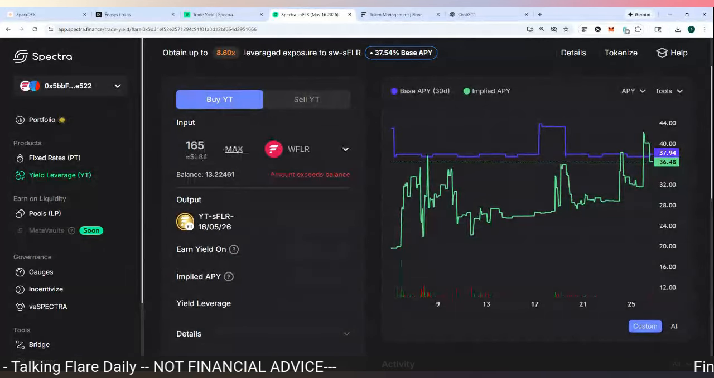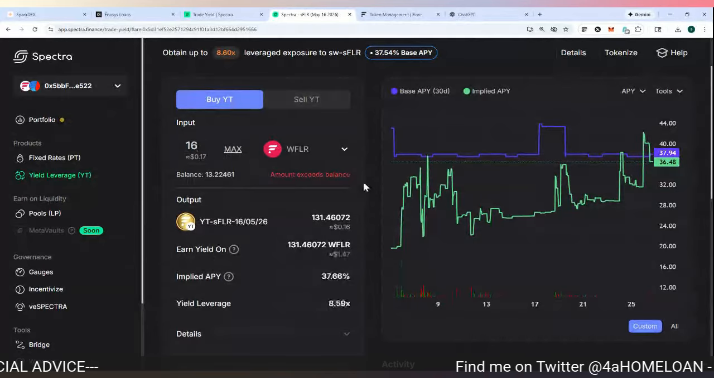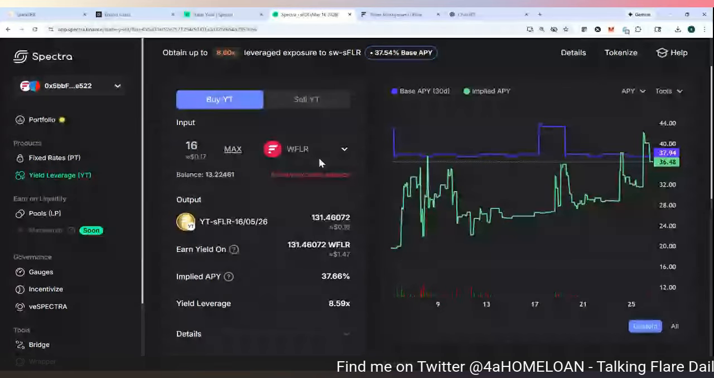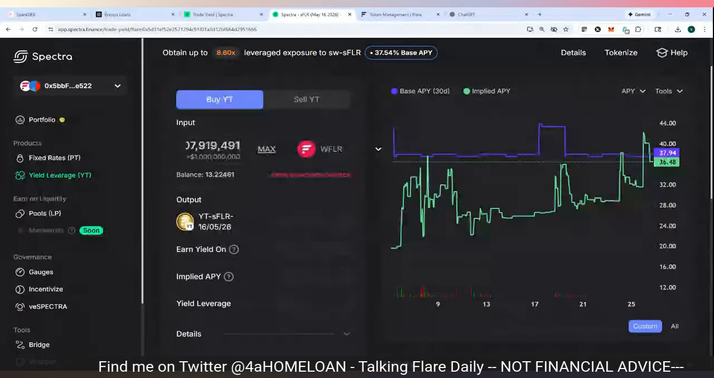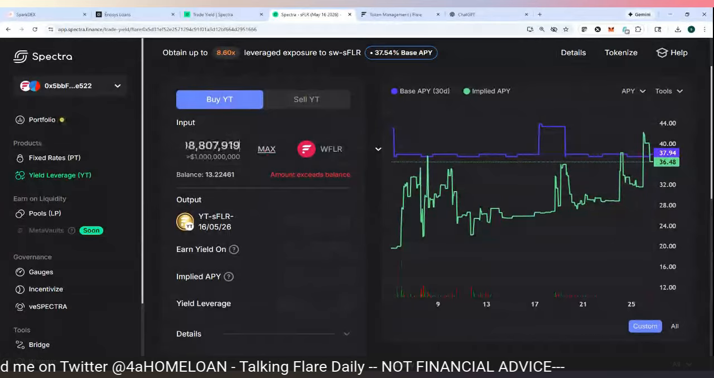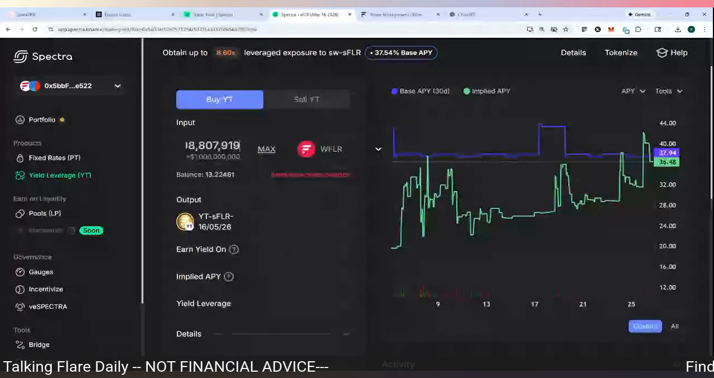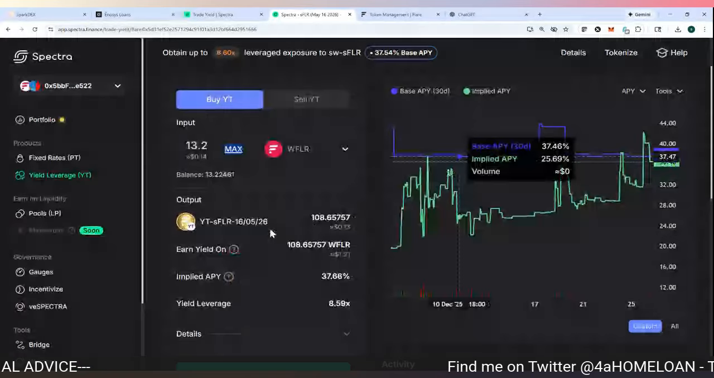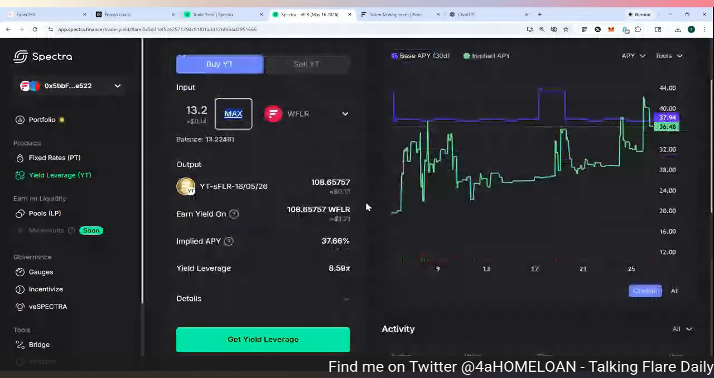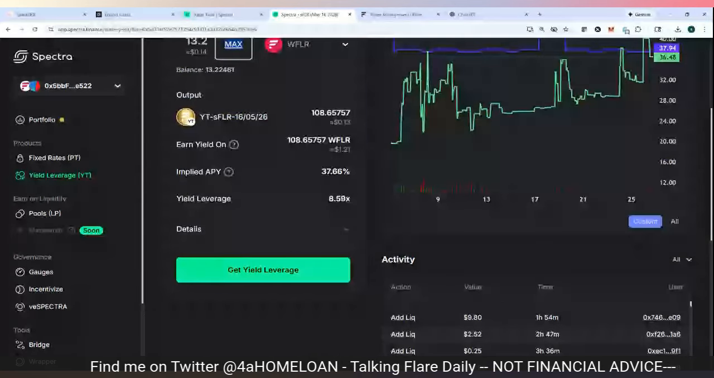And let's just say, let's see, I'll use 16, all right? Amount exceeds the balance, 13, sorry, okay. So let's just say I'm going to use 10 of these guys. Second, what's going on here? Yeah, let's go max, make it easy, sorry. Max, okay, so when I do max, now this is the YT, the output for the YT, sFLR May 16th,